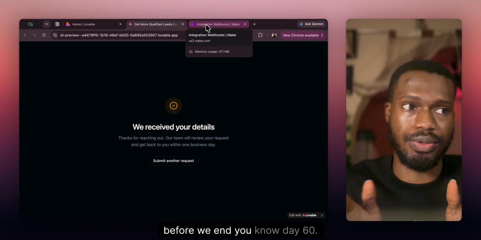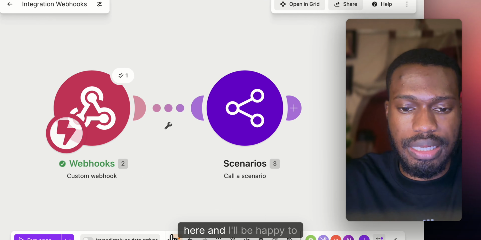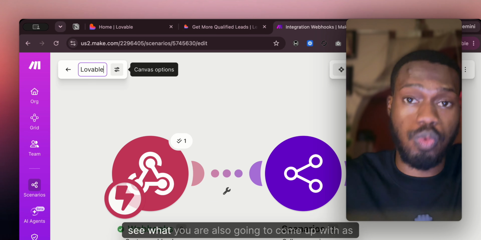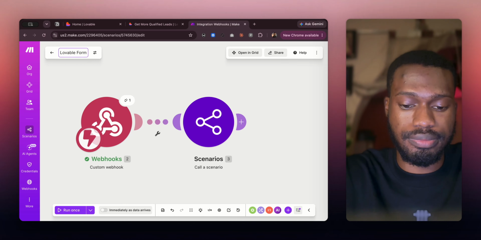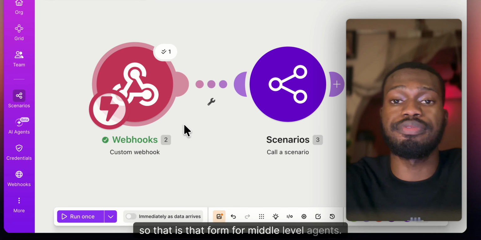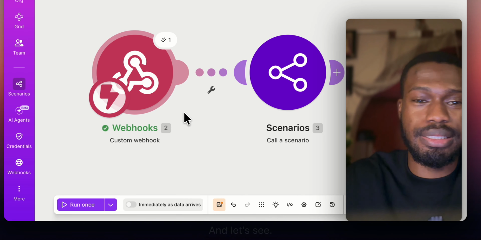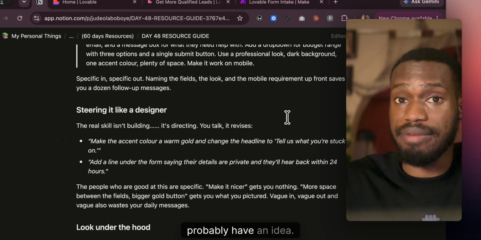Let me say, before we end day 60, there's a lot of things we're going to do here, and I'll be happy to see what you're also going to come up with as well. Lovable, form intake. All right, so that's for middle level agents. I didn't add anything, but I'm pretty sure that you probably have an idea.